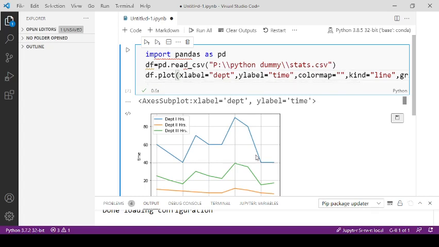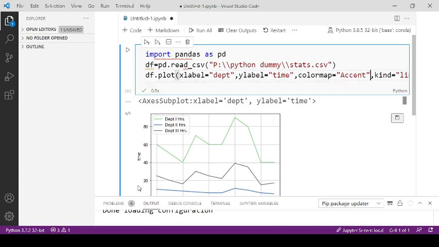So according to requirement, we can change the colormap value. So I am writing one of the values, and that is accent. Now let's run this code and you can see the difference. Now the color has been changed. So using colormap, we can change the color scheme of the graph, right?